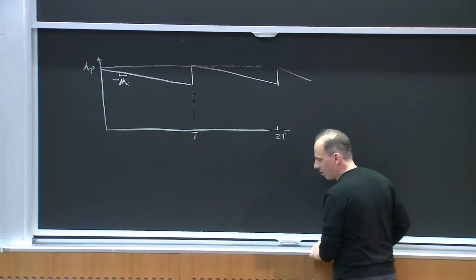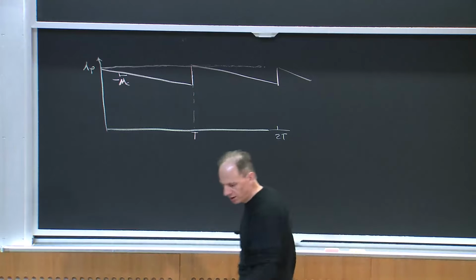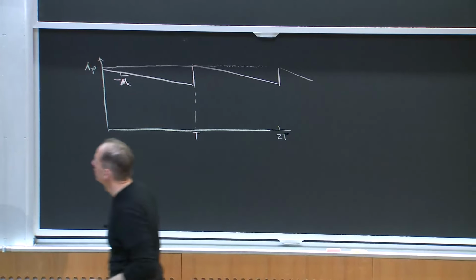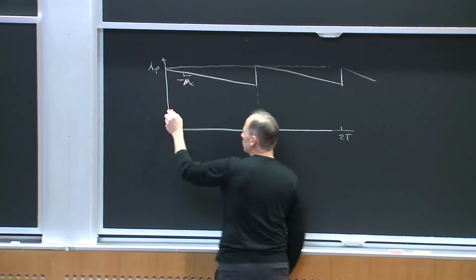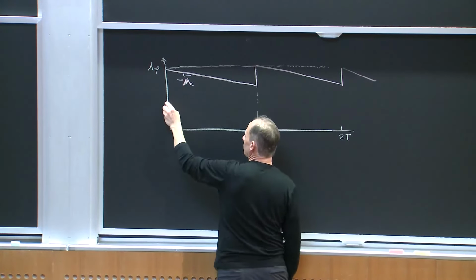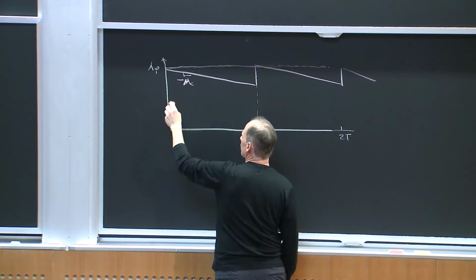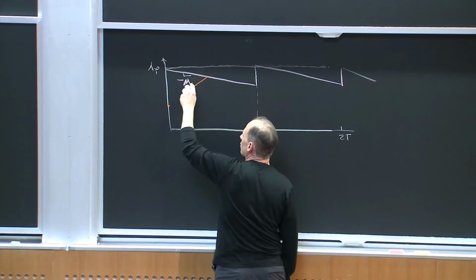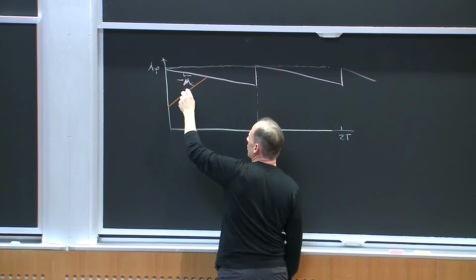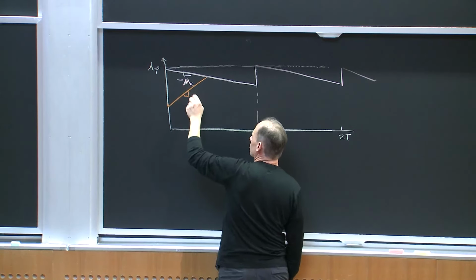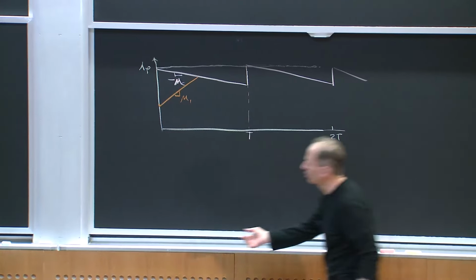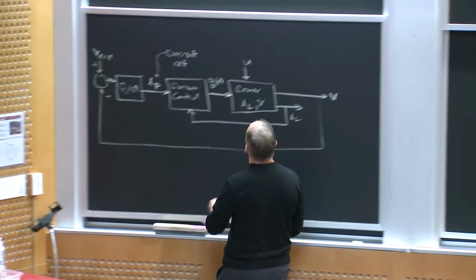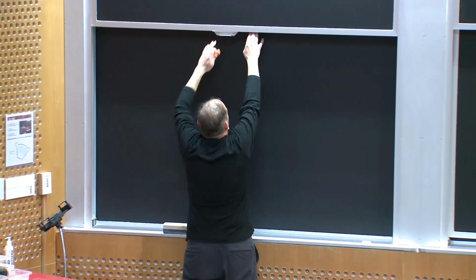Okay? Now, here's my inductor current, right? So I'm going to sense IL, and what I'm going to do is, at the beginning of each cycle, I'm going to turn on the switch, I'm sorry. And the inductor current is going to rise with some slope M1, right? So at the beginning of the cycle, Q of t turns high,